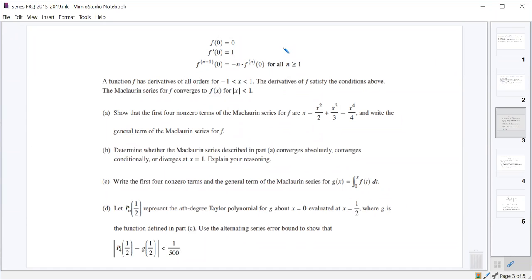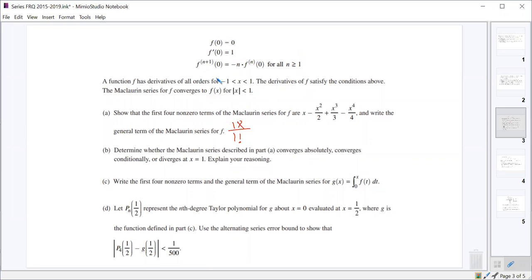So what do we do? First thing we need to do is show that f of 0 is 0, so that first term should be 0. Well, that's given to us. F prime of 0 ought to be 1, so that should be 1 times x over 1 factorial. So that's going to just be x, right? Then we need to show the coefficients for n equals 1, n equals 2, n equals 3, n equals 4,